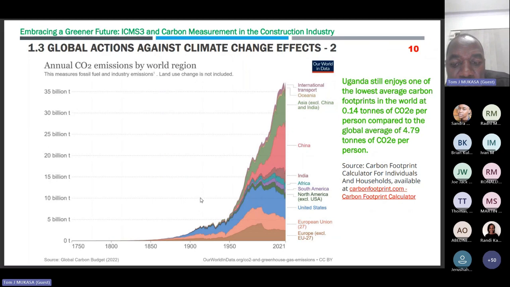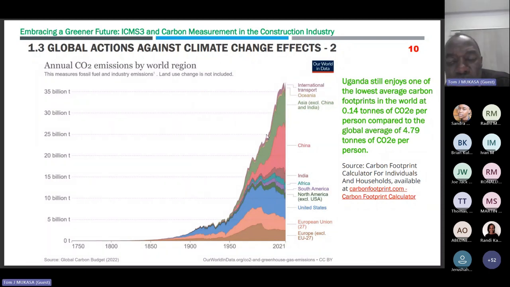From 1950 to the current, it has become too exponential, and these are the biggest emitters of carbon. Let me use carbon. And you can see there that China, basically it's the developed world that is having the biggest contribution. And therefore, a lot of effort has to be put in place by these people, including ourselves, but the majority of the efforts should come from them to bring this down.